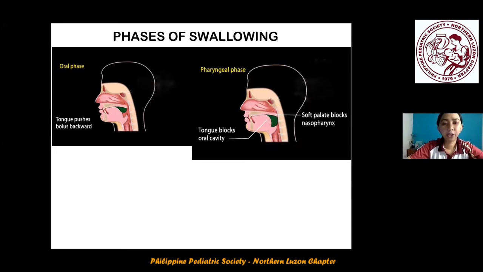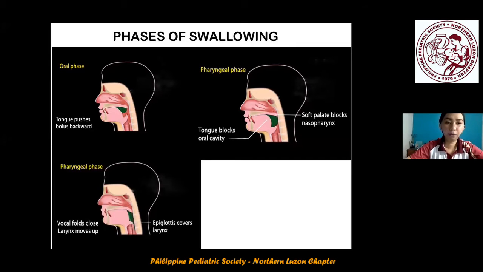So the following actions are taken to ensure that the passage of food or drink into the esophagus is adequate. So the tongue blocks the oral cavity to prevent food going back to the mouth, and then the soft palate blocks entry into the nasal cavity. Next, the vocal cords close the airway to the lungs, and the larynx is pulled up to the epiglottis, flipping it over, and then covering entry to the trachea. So this is the most important step, since entry of food and drink into the lungs may be potentially life-threatening.